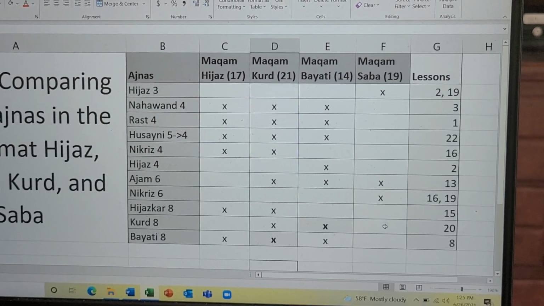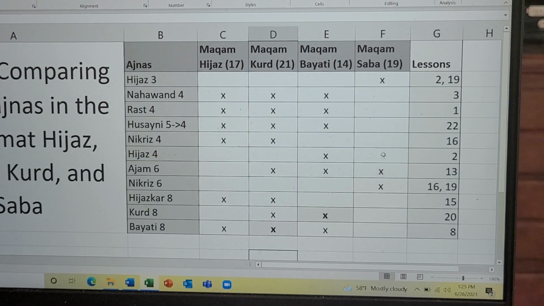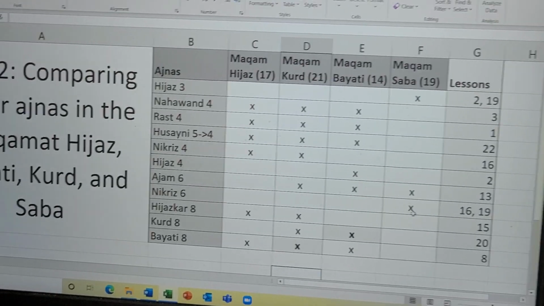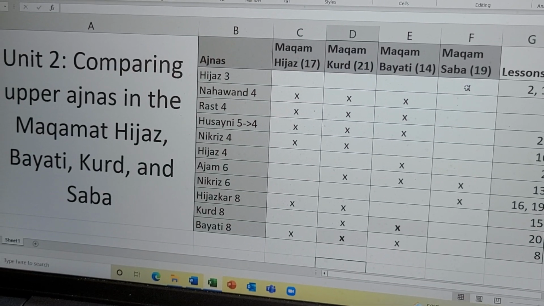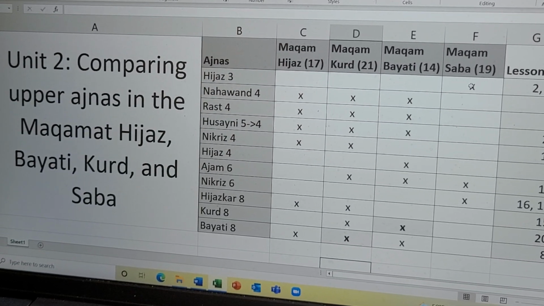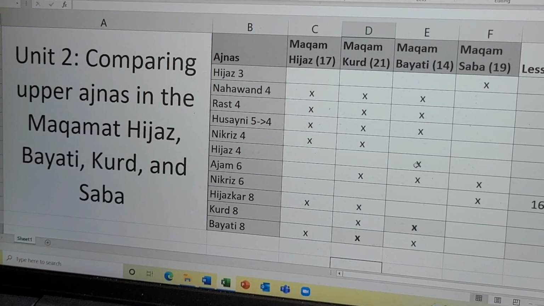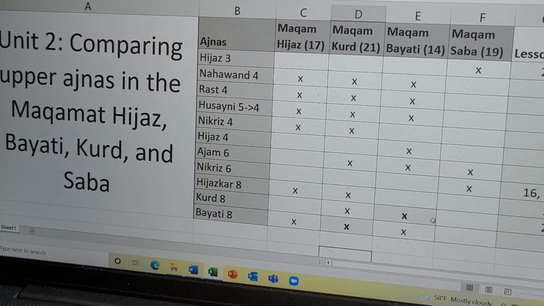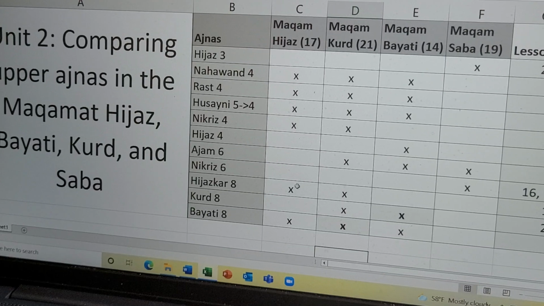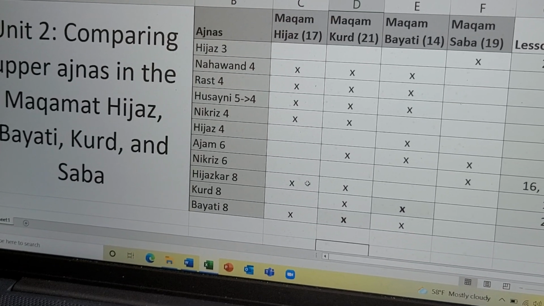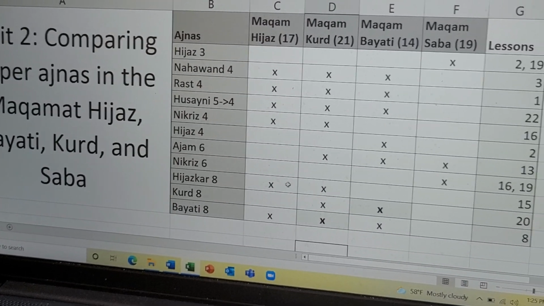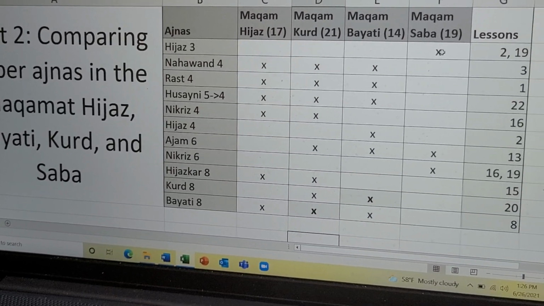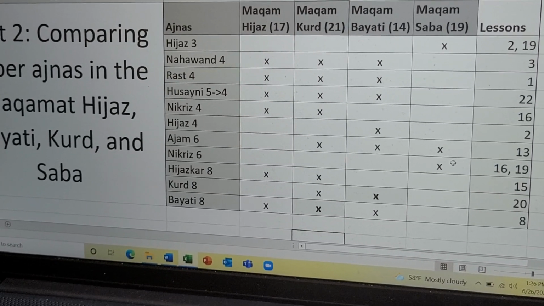And then the other unique thing is all of the pathways from Maqam Saba: the Hijaz on 3, the Ajam on 6, the Nakriz on 6, the Hijaz on 3, right? Those are unique to Saba. And this is unique to Bayati. But almost everything else, well, really everything else, is shared in one way or another. What happens on the octave, obviously. The use of Hijaz Kar is shared at least among these two. So there's a lot of commonality in these 4, with Saba being the outlier, but it belongs next to those 4, partly because of the Ajam on 6,